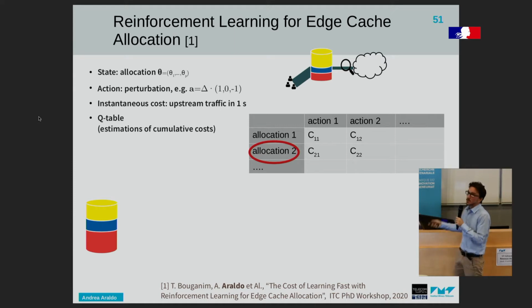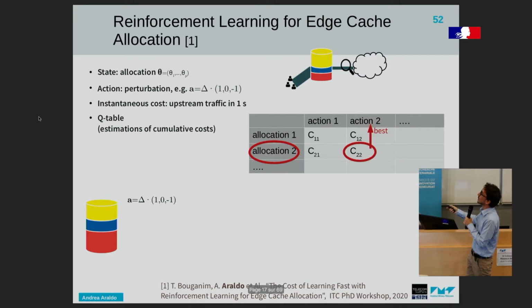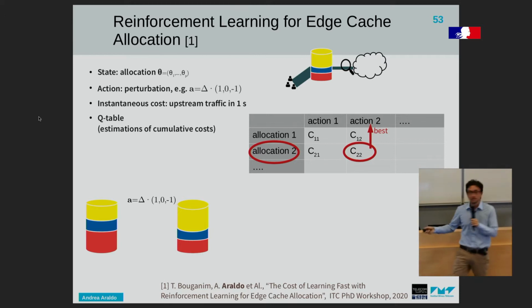We use the Q table to drive our optimization. So if at a certain time slot we start with a certain allocation, we see into the Q table what is the best action, that is the one that minimizes the expected cost, and we apply this action. In this case, we are giving delta slots to the yellow service provider. Okay? So we modify the allocation accordingly,